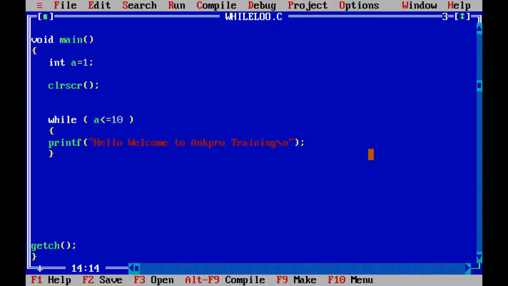So when a becomes 2, it will print, a becomes 3, until a becomes 10. It should go on printing the same statement, right? So I'll add a statement incrementing the value of a. To achieve that, I will use the increment operator. So when a has got 1, I will print the statement, and then a will increment its value